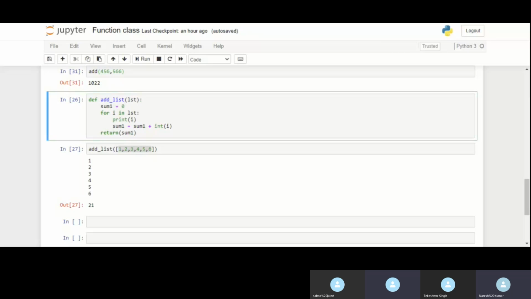First condition: return the greater number if both are even. Second condition: return the smaller number if both are odd. And the third condition is print mismatch if one is odd and the other is even.